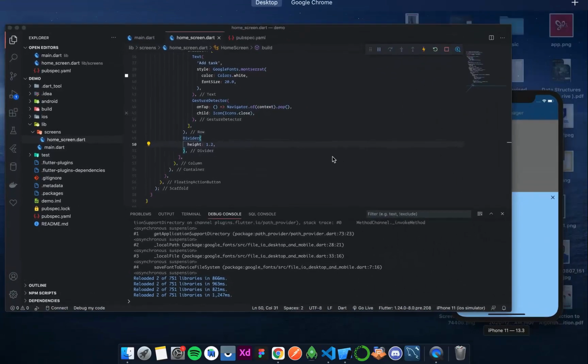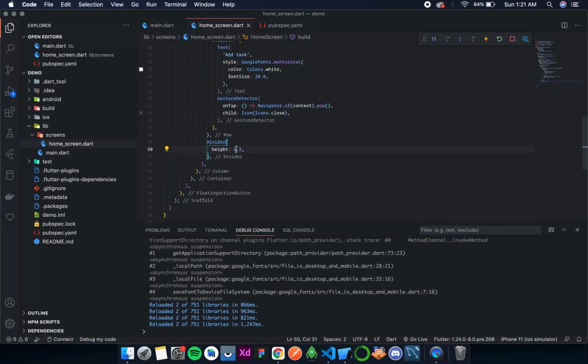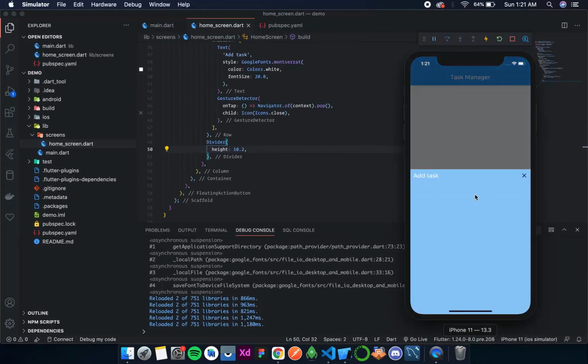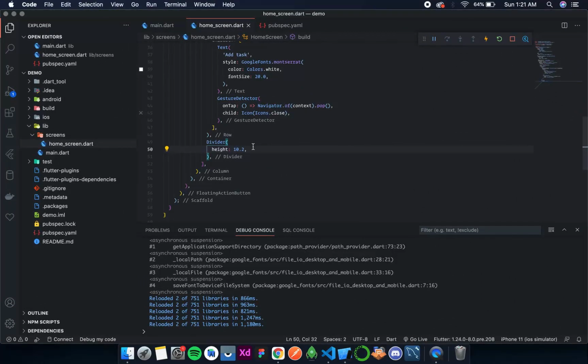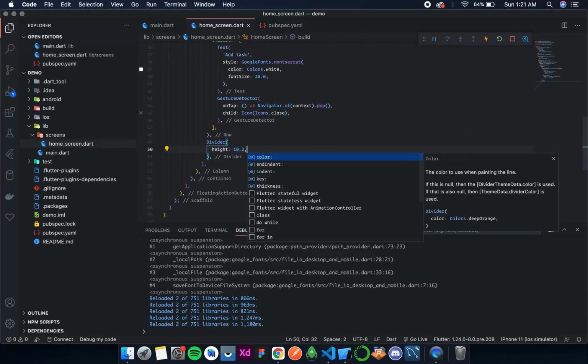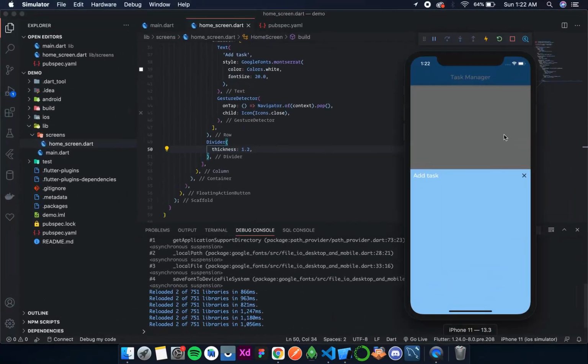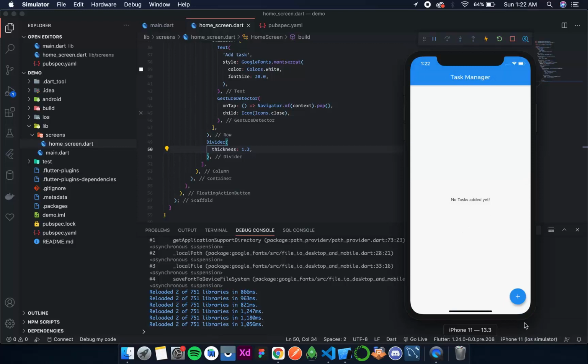And this has become, we'll make it 10, let's see. And damn, it's not changing. Okay, so that is not height. We need to change the thickness. I am sorry. This kind of stuff generally happens when you develop something. There are plenty of widgets and you often get confused. So this is not such a bad thing.